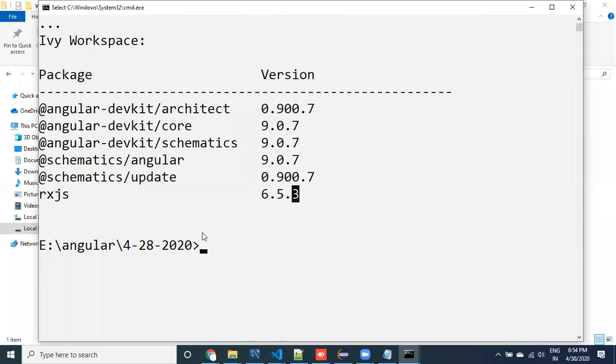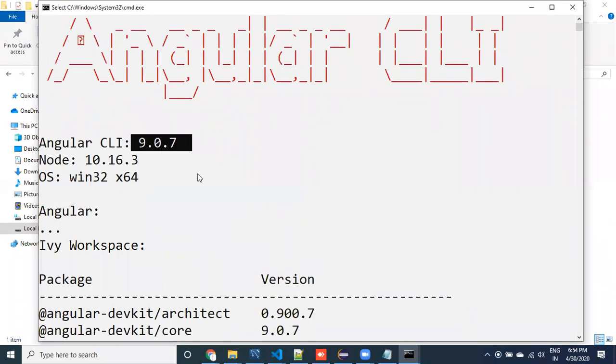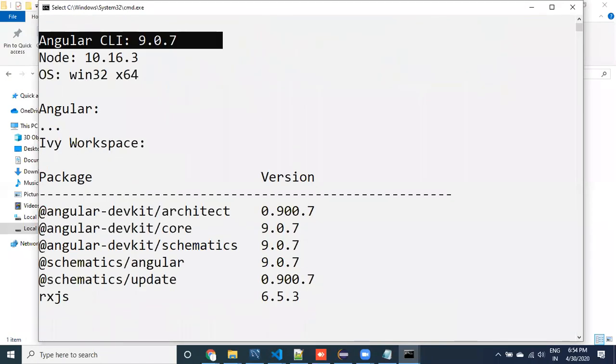By default, the latest version, version 9, is going to be installed. We can use it, guys. This Node.js version is 10, or whatever Node.js version we installed first. Node.js software we have installed, right? That is the version. After installing that, we used the command to install Angular. This is the Angular version.